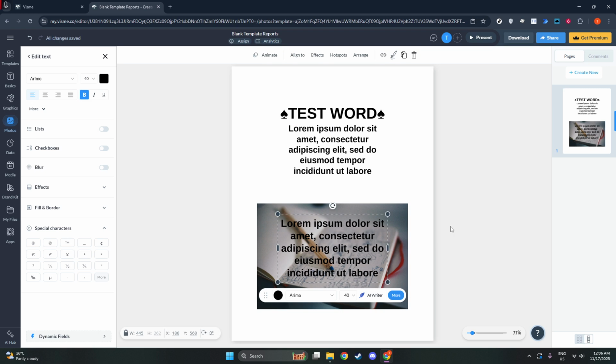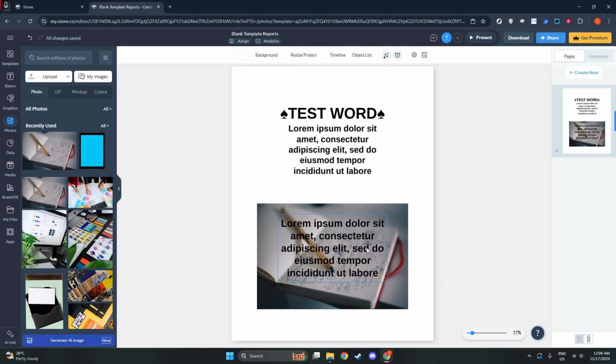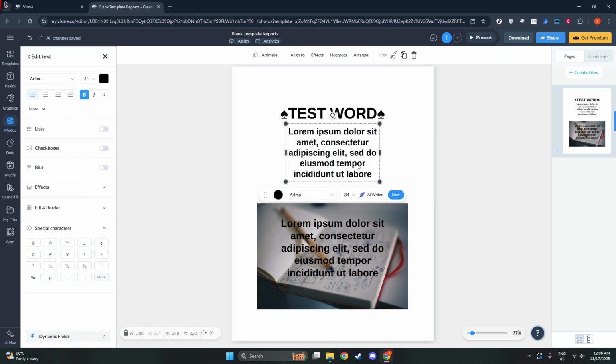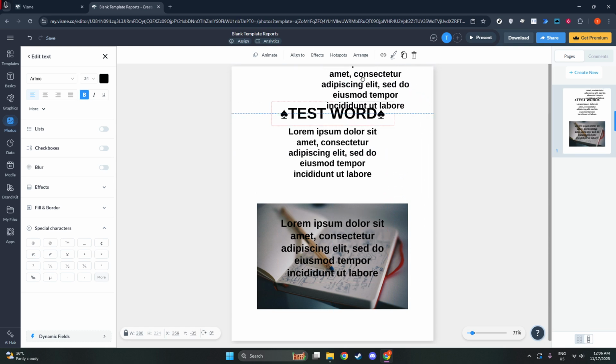You've successfully duplicated and positioned your text box, ready to continue enhancing your Visme project. This process of duplication not only saves you time, but also helps maintain consistency across your designs. Remember, practicing these steps will make them second nature, boosting your efficiency in using Visme and enhancing your overall design